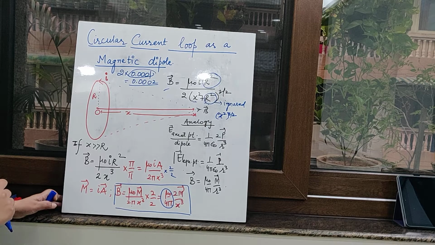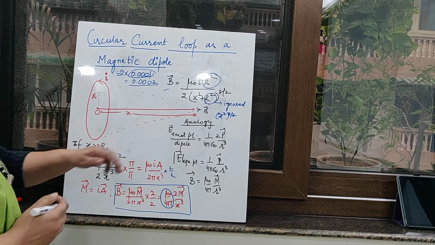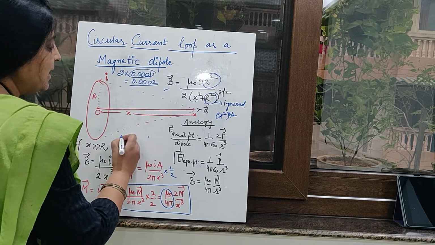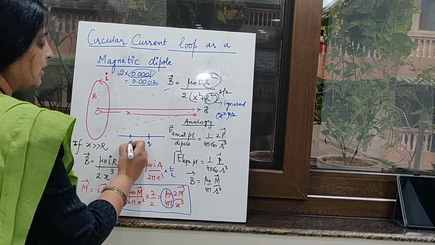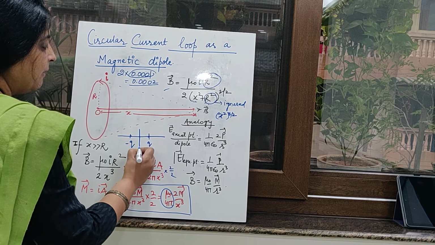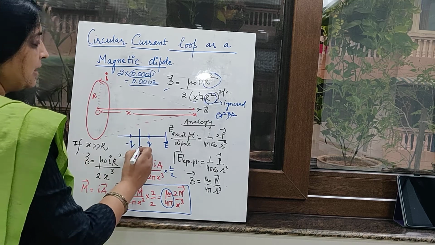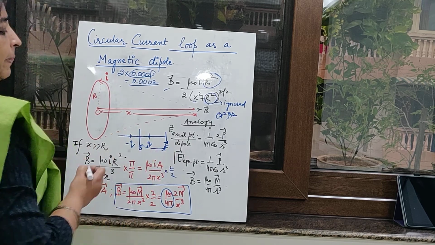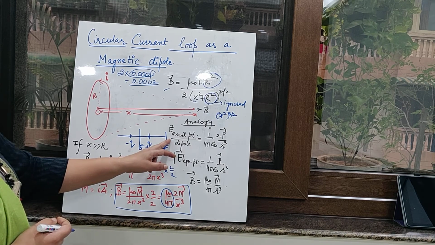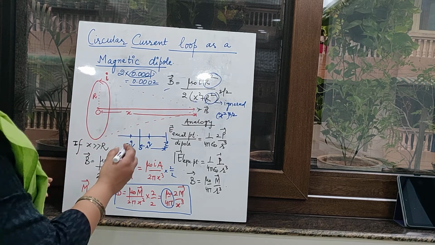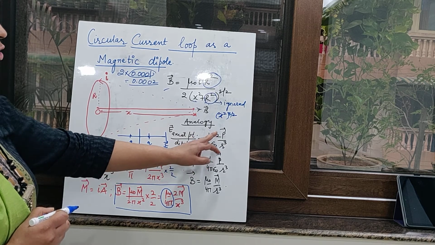Now you just see the analogy between the electric field due to a dipole at any axial point. Now this is a dipole, let us say q and minus q are the charges, and you have to find out what is the electric field at any axial point which is at a distance r. And this we have done in the first chapter, electrostatics, that the electric field at any axial point which is very far off from the dipole, it was given by the expression 1 by 4 pi epsilon naught 2p by r cube.